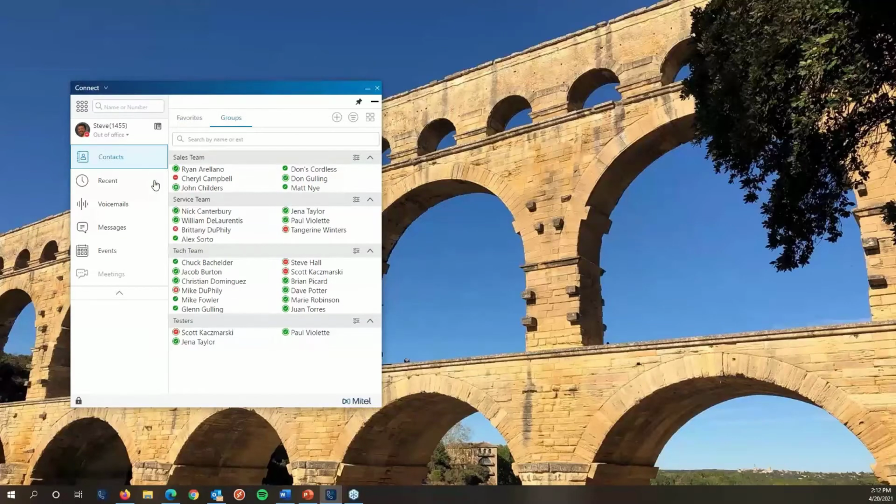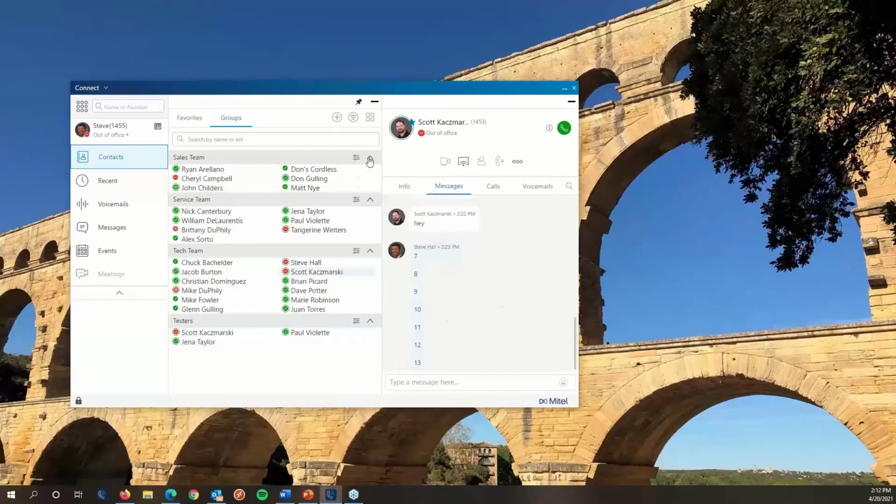One other thing I want to show while we're working with contacts is the contact details and contact history. So I'm going to select a contact here. I'm going to select Scott again. And one thing that we do provide in the Mitel Connect client is a history of all of your interactions